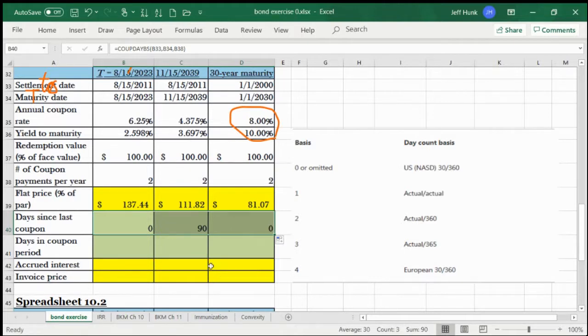And then in the second example, 90 days have passed since the last coupon payment because it's November, well, today's date is 8:15, so